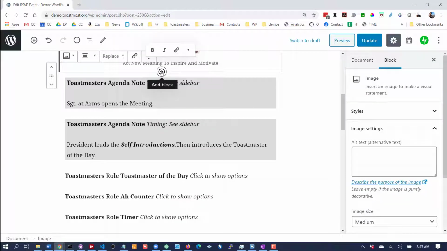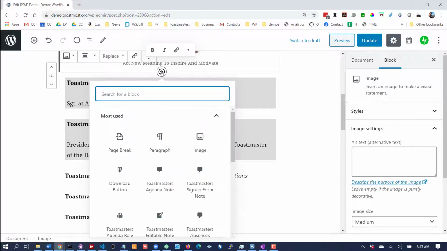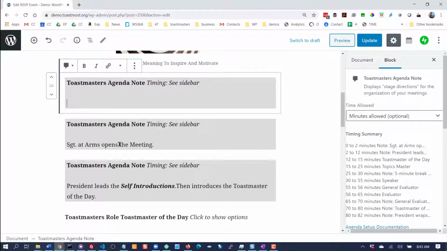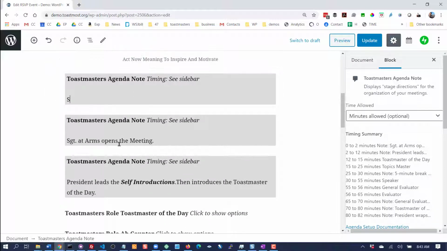So if I want to add one of these Toastmasters specific blocks, I can click on the plus sign, and the plus sign appears several different places on the screen. It's just an insert block control. And it shows me some of my standard blocks, but I can also narrow it down by starting to type the word Toastmasters. We'll add a note that says Sergeant at Arms